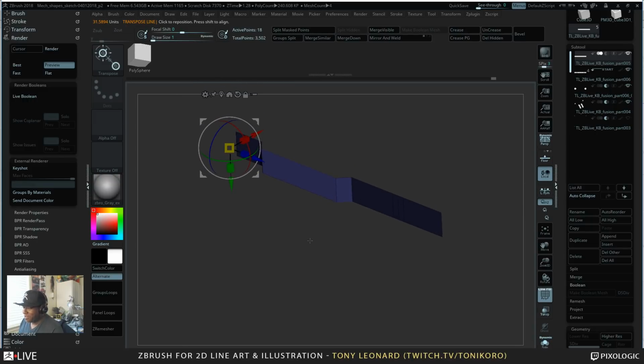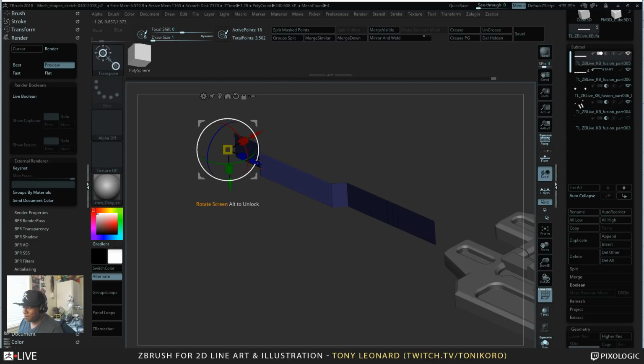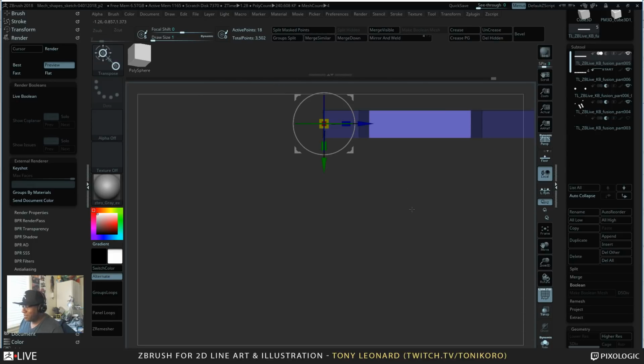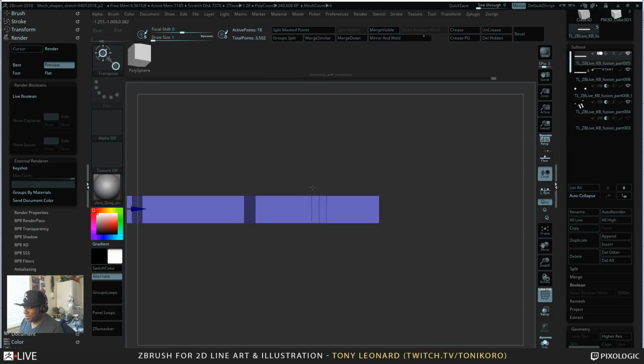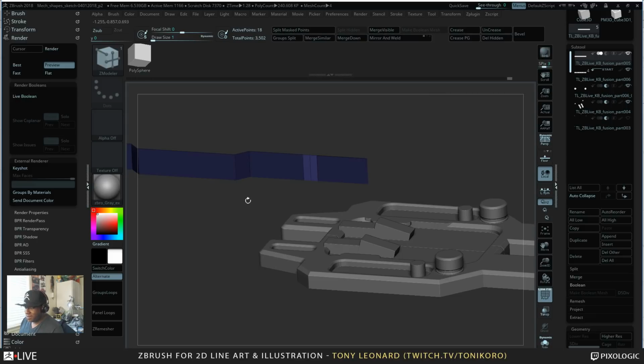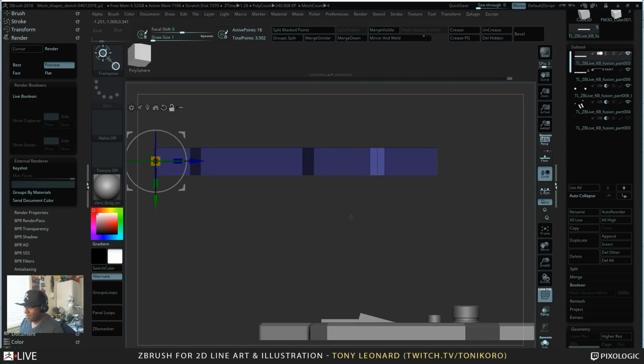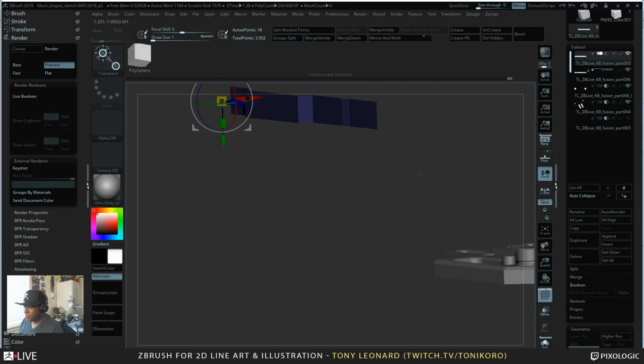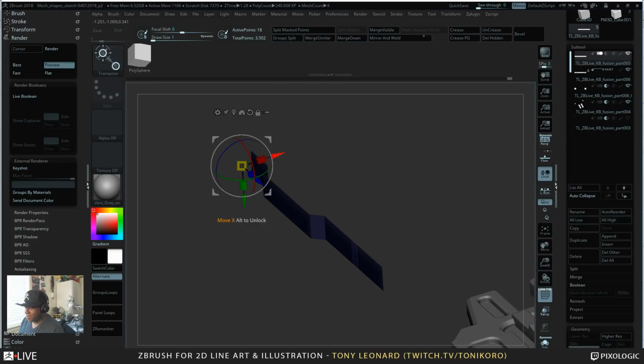Am I bragging? I hope I don't want to brag. My bad. So let's see. We'll take there, we go. I'll drag that. I just want this vert to pull it out, so I just inverted it, hitting the canvas. Oh yeah, my gizmo's way over there. Okay, so I'll push it out,